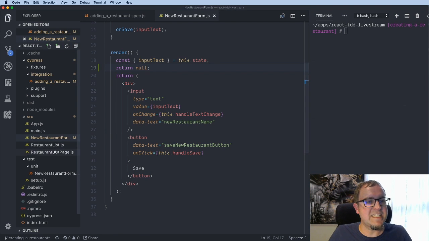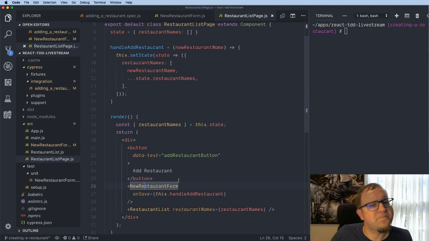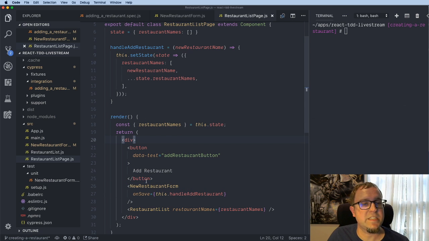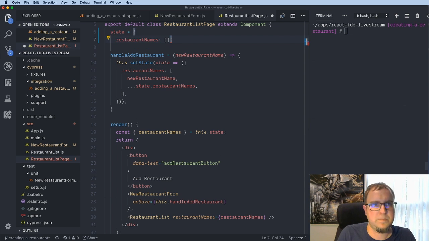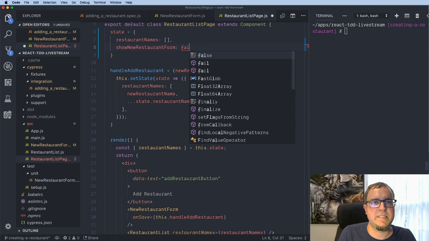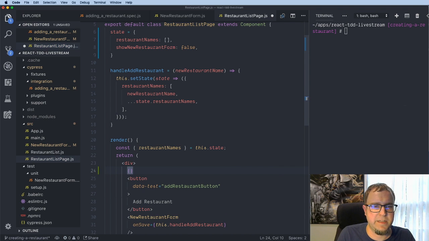And I think we can put that in. I feel comfortable, because this is kind of like a page component, I feel comfortable putting this in at the page level. Yeah, let's do this. I know that DOM certainly can get complex over time, but let's just implement this directly in our JSX here and then see how we like it. I think what I want is another state variable. And it's going to be called show new restaurant form. It's going to be set to false by default. And so what we're going to do here is at the top of the page,